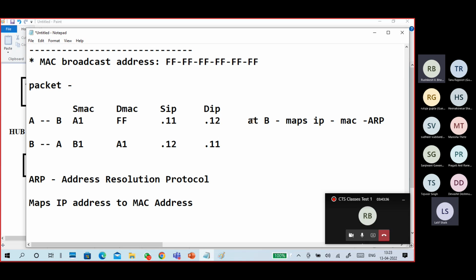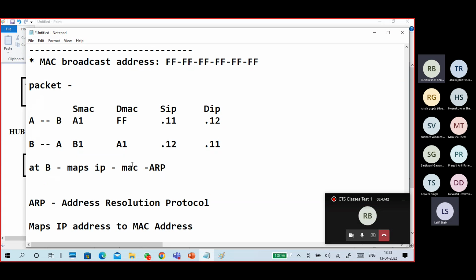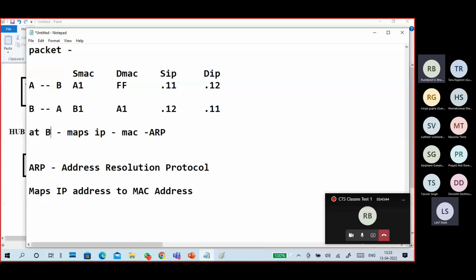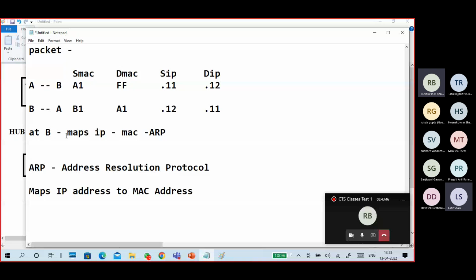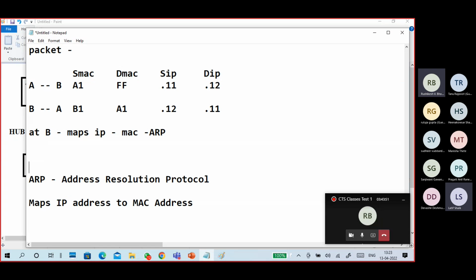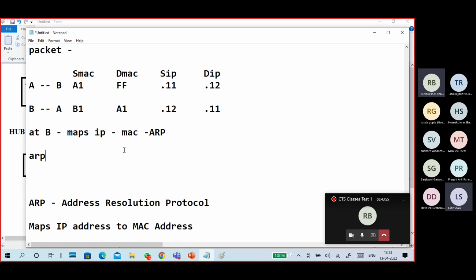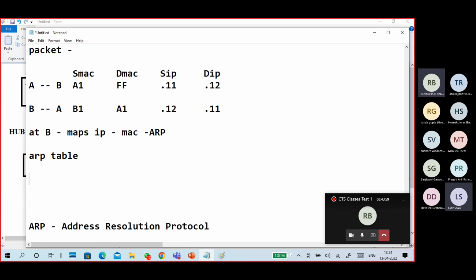Okay. So at B, we'll put it here only, so it is better. We can write so many things. At B, in the first-time communication, it maps IP address to MAC address. So in our ARP table, .11 is an IP address that belongs to the A1 MAC address.